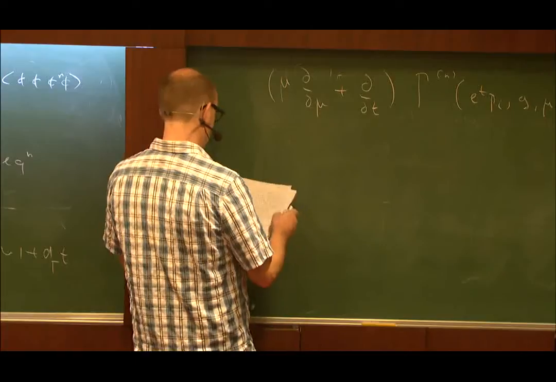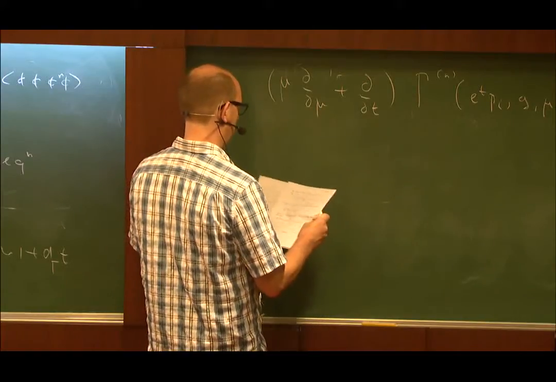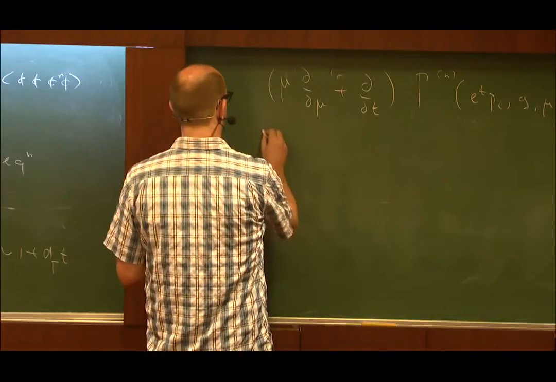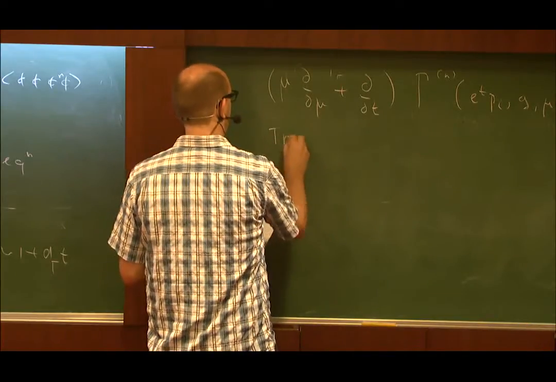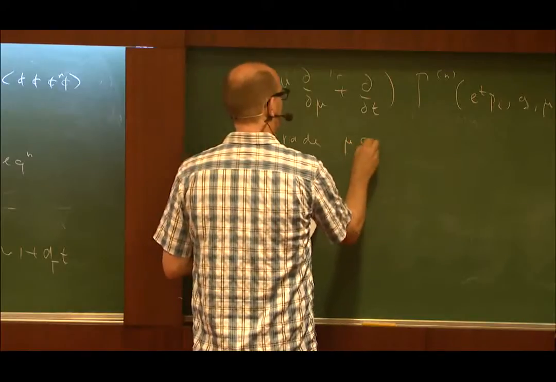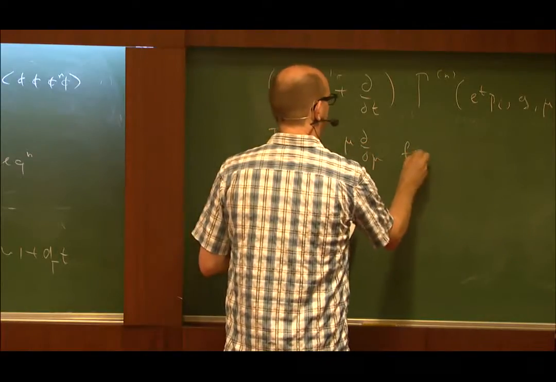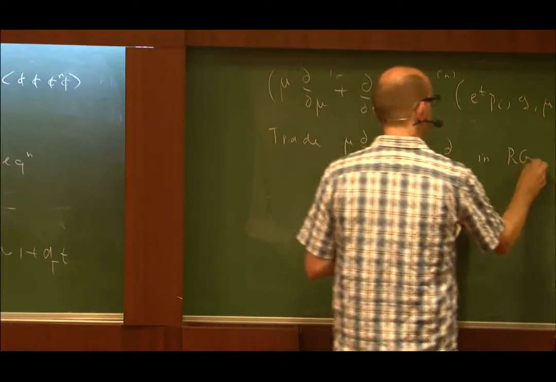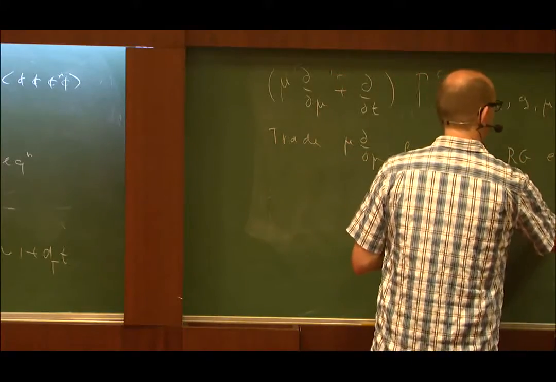So I get the equation: trade mu d mu for d dt in the RG equation, and that gives